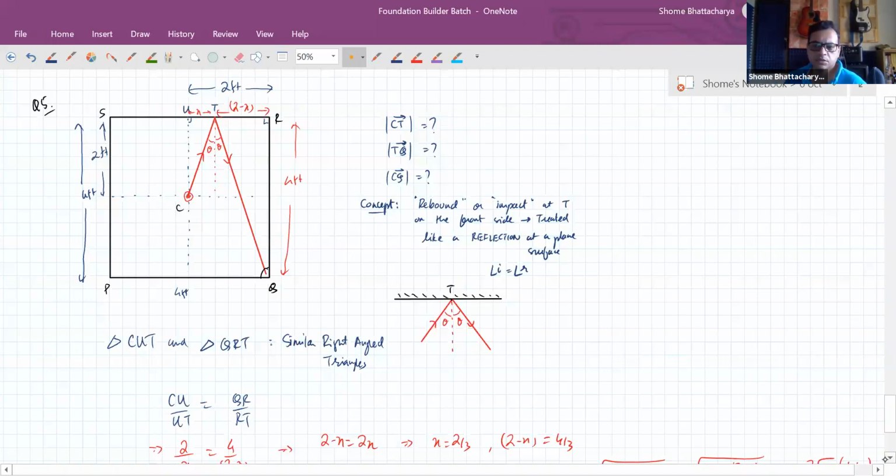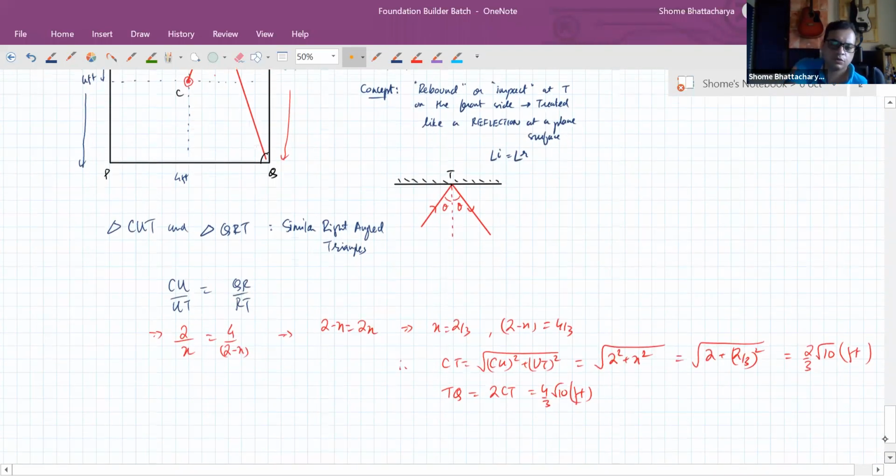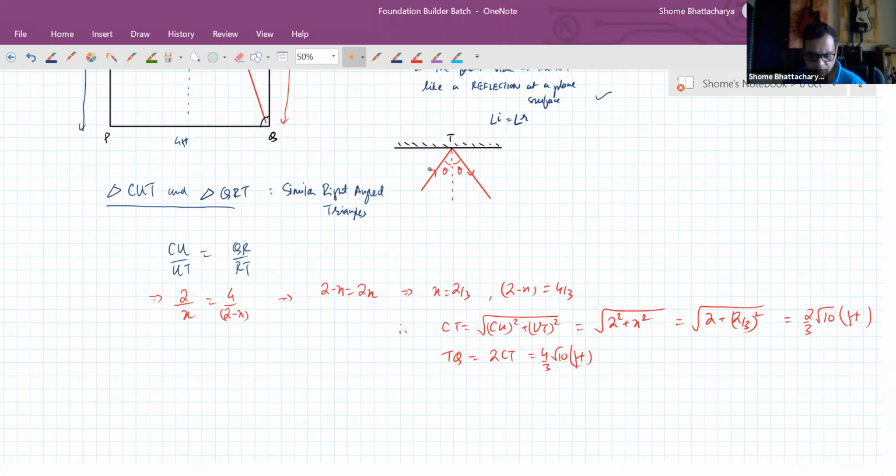Okay people, so hope this is fully clear. Calculation part you can go through yourself later also. Conceptually the main thing is the application of the similarity of triangles, which is coming from this concept that you are able to treat the collision or the impact like a mirror image reflection. Okay, now next let's come to sixth question.